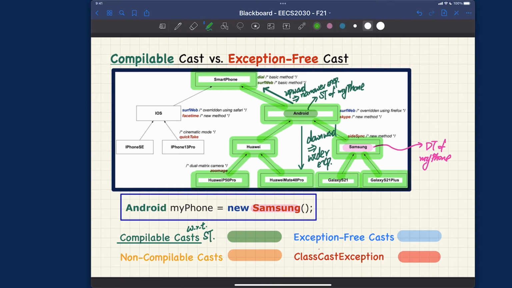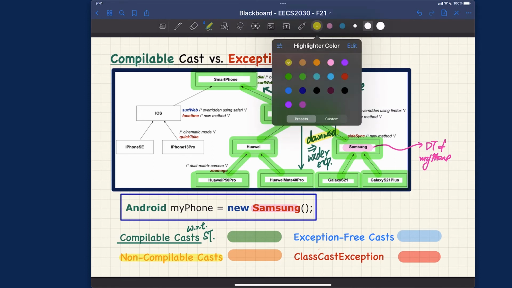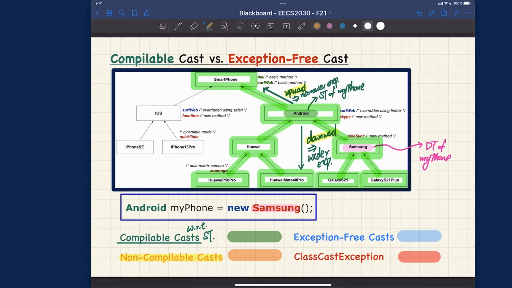That's also very important for you to remember when we talk about compilable cast, either upward or downward. Any other classes will be considered non-compilable cast, meaning that it's neither ancestor nor descendant that we are casting into. In which case, I'm going to use orange over here. So this one, this one, and this one over here. Let's make explicit written notes over here. So these classes over here,